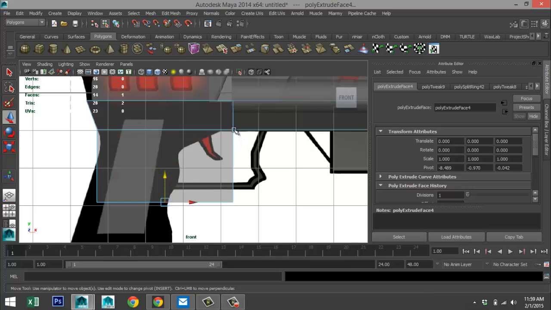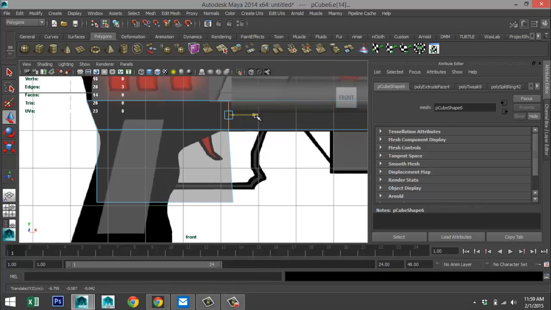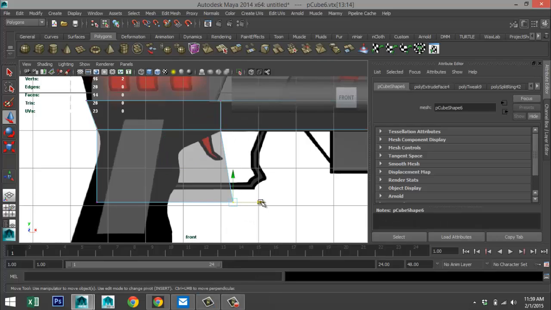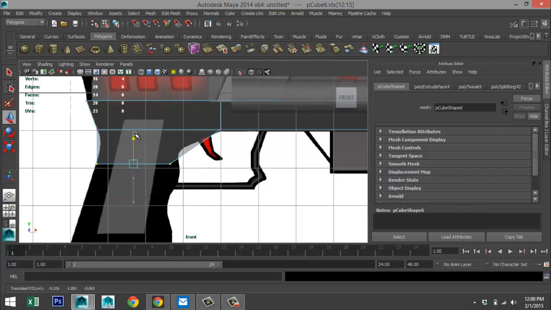And we are going to right click at an edge, move that towards this point here. Right click vertex, take that one, push that towards here, take these two, and we're going to start to move that up to where we need to be.